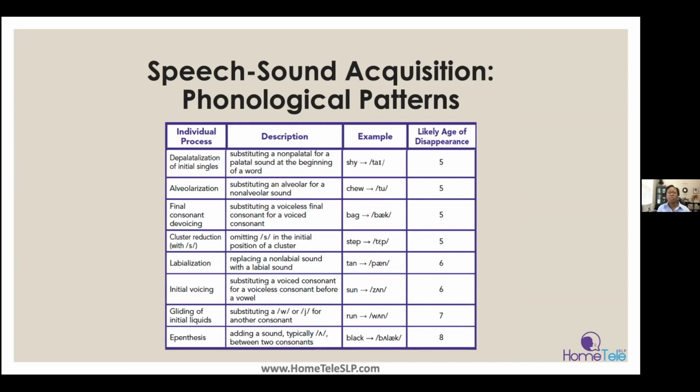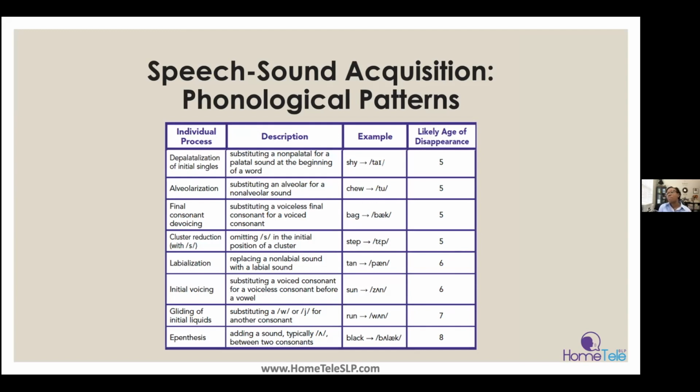All right, so in case some of you are here with a child who is 5 years old, or maybe your child is turning 5 soon and you're wondering, well, when should other processes be disappearing after they're 4? Well, here's your answer. So we're going to look at this chart and just talk about the first couple of processes that we see illustrated here. I'm going to just pick a couple since there's so many.